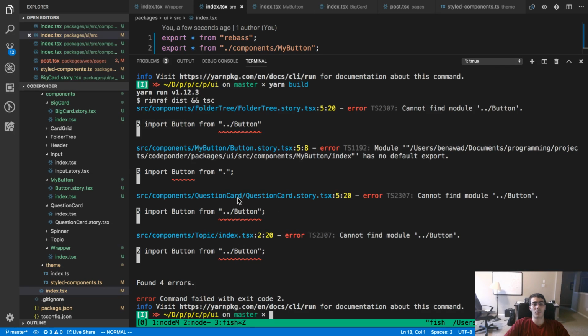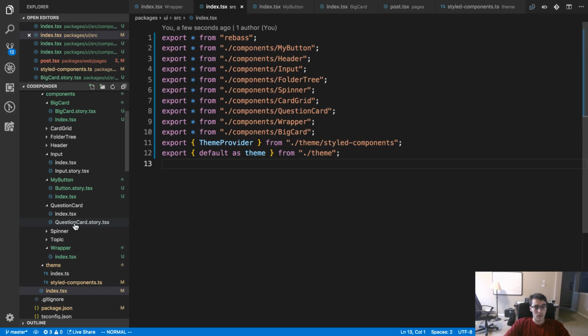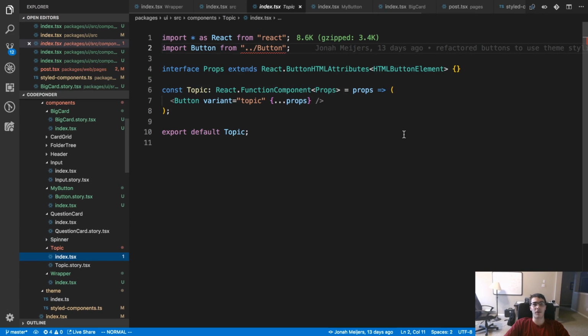Ah, yes, we're importing button from a few places. I forgot about that.